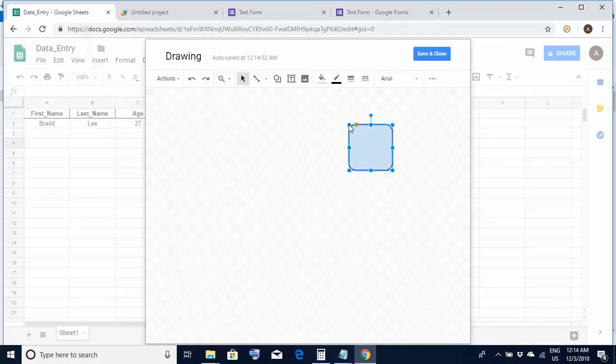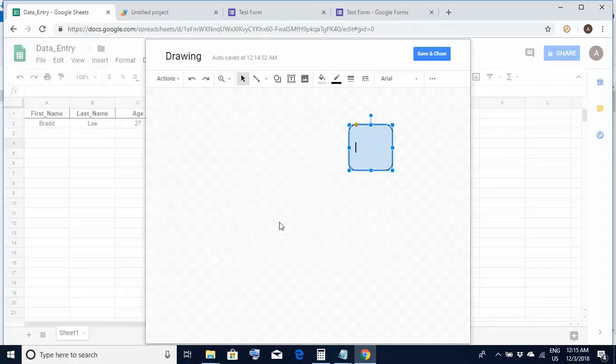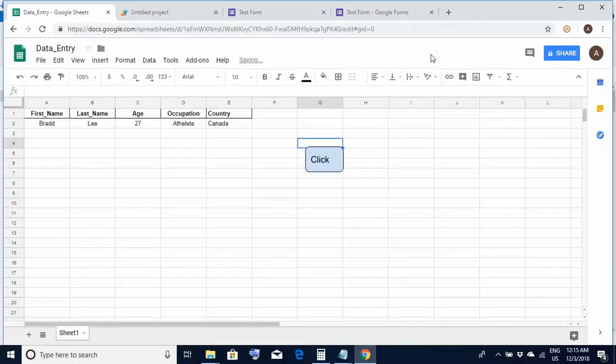just left clicking it anywhere on the screen, so this kind of an object would appear. If you want to edit the text, right click it, you'll get the option of edit text, and here I am writing click. You could just resize it, and then click on save and close. And now you observe this button has appeared on this spreadsheet. You could just move this button anywhere,